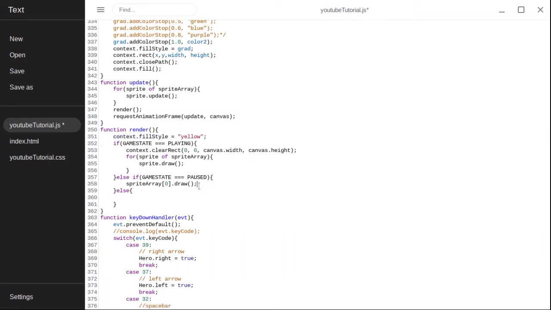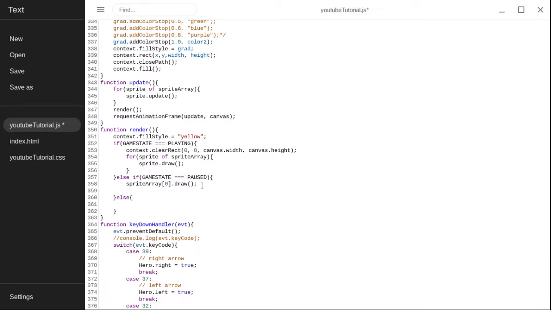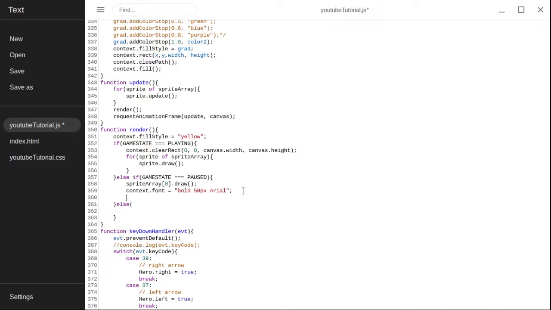So okay, back down where we were in the paused, else if gameState equals paused. Now we can do context.font. And this is where we're going to set the size of our font and what kind we want. So in quotation marks, as a string, say bold, space, 50px, meaning pixels, space, Arial, capital A. So now we've set how big our font is, or how tall we want. Okay, now we can say context.fillText